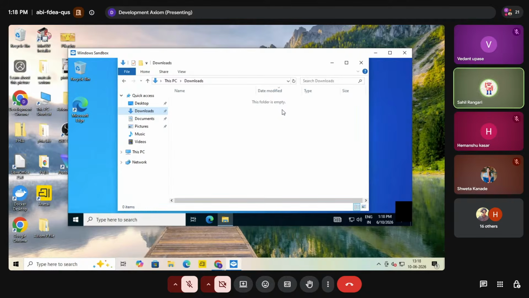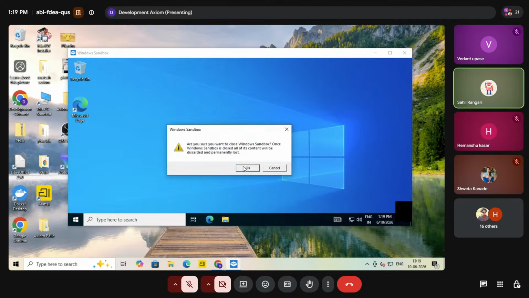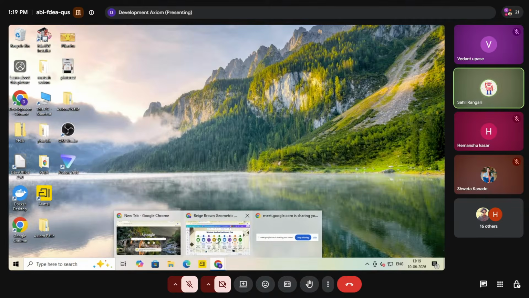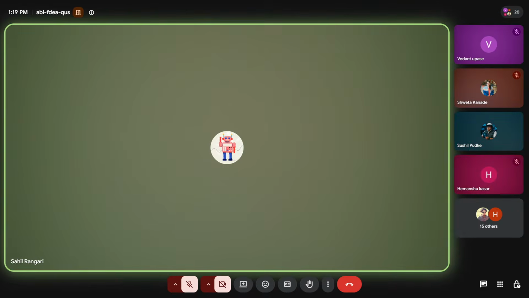This is a totally test mode server in virtual form, which we call a Windows Sandbox. It gives all the parameters and all the features which we need for testing or development before going to production. All those features are available in this Windows Sandbox. Right? This was the explanation of how we use the sandbox and how it looks. So this is from my side. Now I will close it, and I request Mr. Director sir to continue and give feedback on this. Thank you.